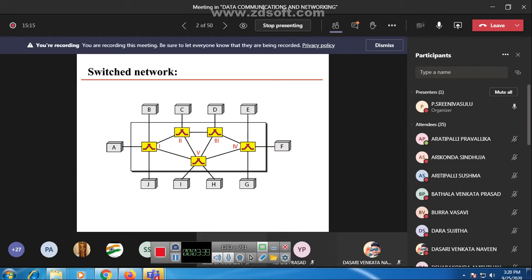If you want to send information from A to F, we have to use the entire path or setup. First we use one switch, then two, then three, or even four switches. After that the information reaches device F. So this is the switching element, the switched network.